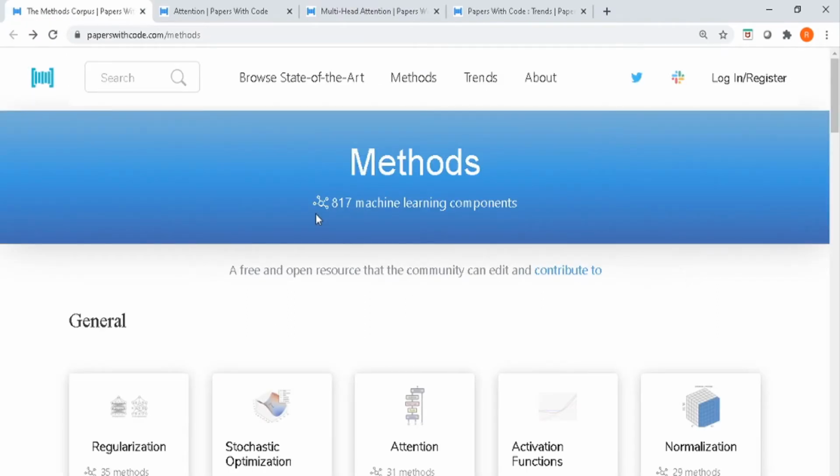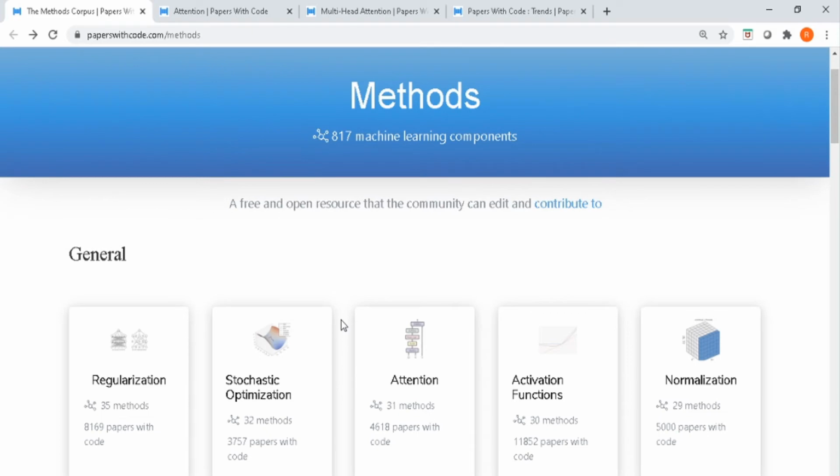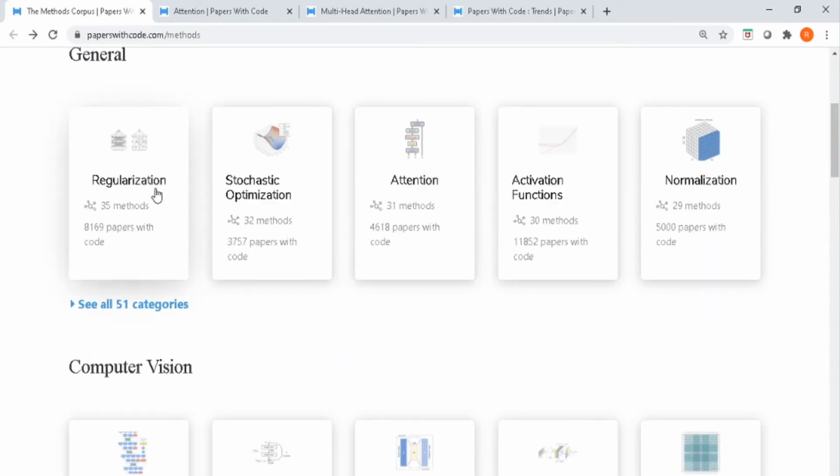One recent addition to this site has been the organization of papers related to machine learning components under this methods tab. So these are papers related to components of machine learning like regularization, stochastic optimization, attention, activation functions, normalizations.